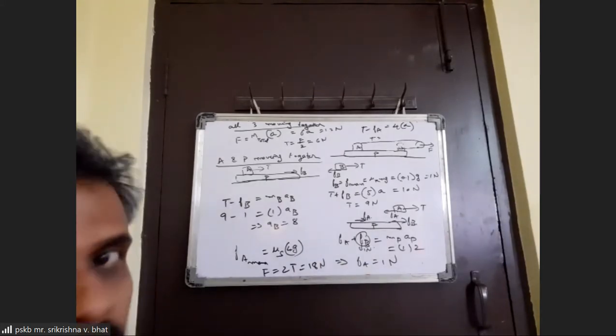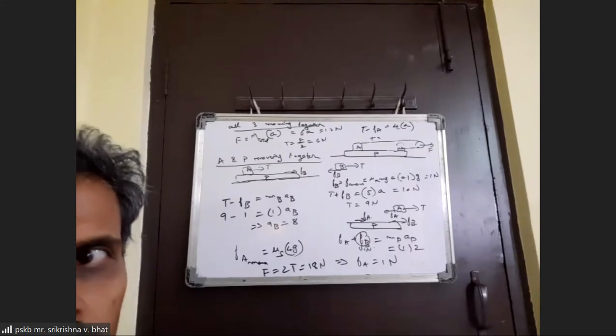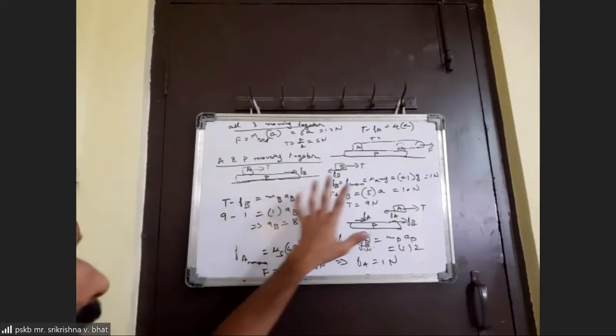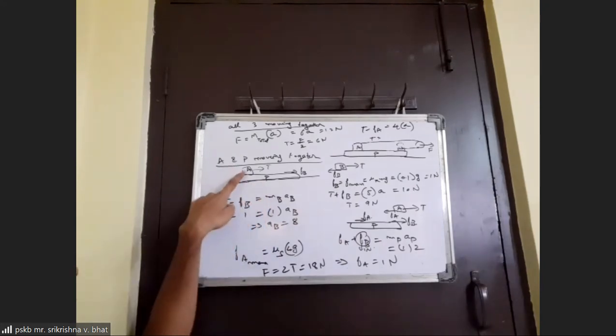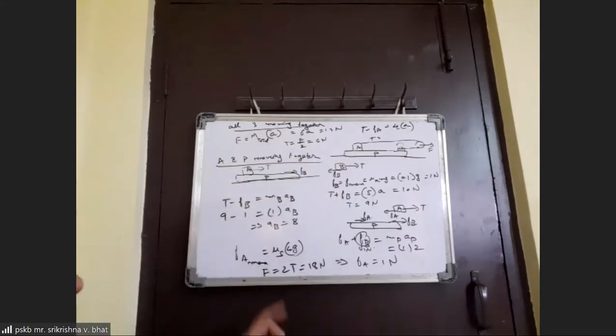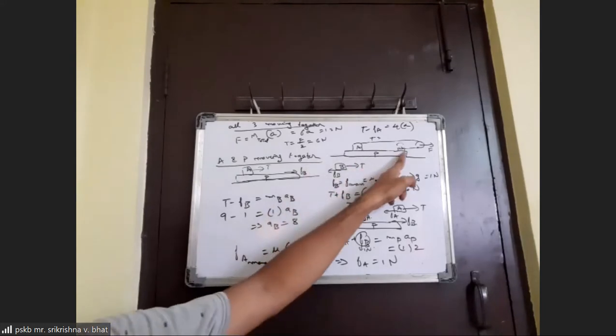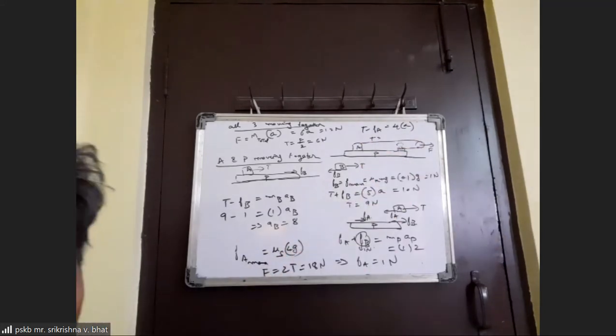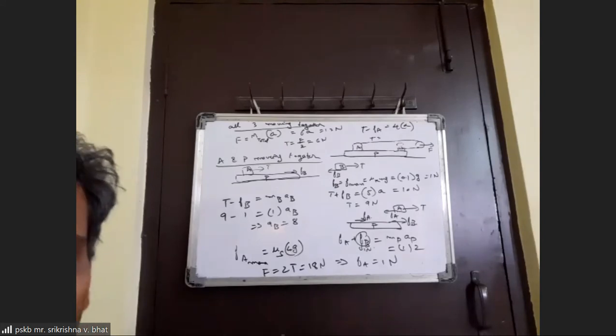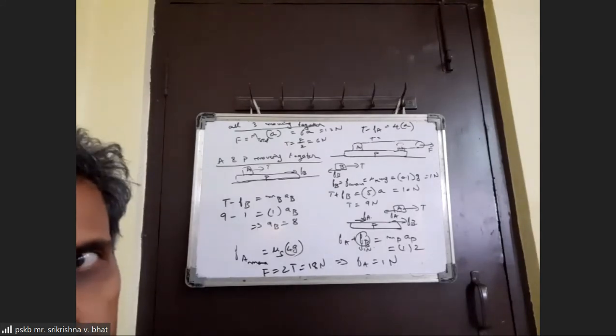But the reason we have not taken that in the first place is because intuitively one can say that the normal force and the limiting friction acting on A will have a higher value. The value of F max will come out to be 0.16 into 4G, whereas for B it will come out to be 0.16 into 1G only. So the chances are more that A is going to undergo relative motion. That's why we took this case first before we check the other process.